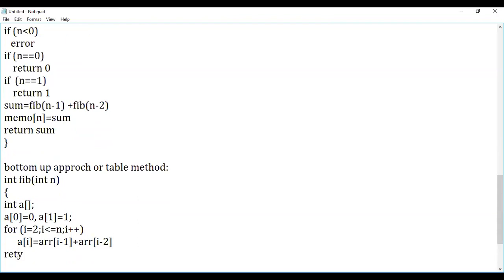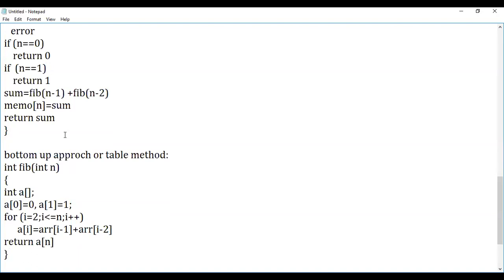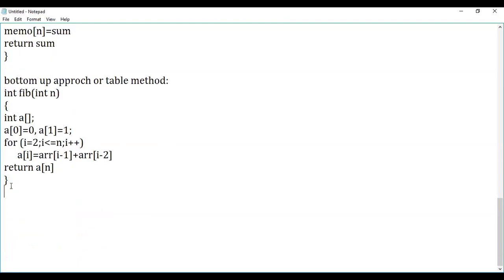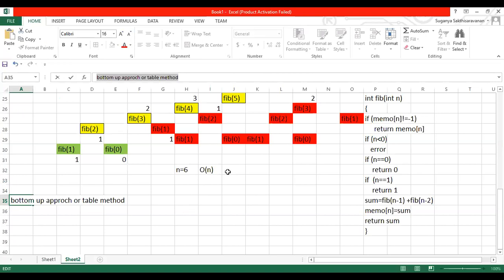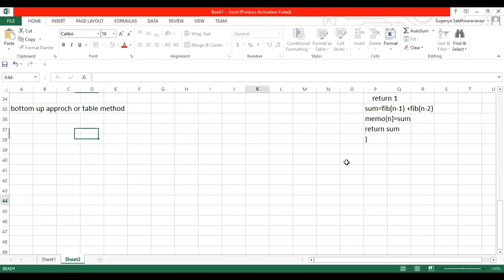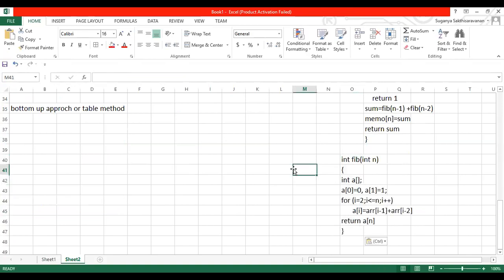And we'll return our array of n. This is the bottom up approach. I'll explain this bottom up approach with an example. So this is the algorithm for it.